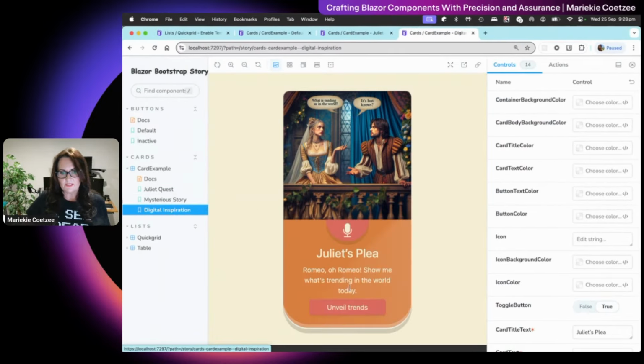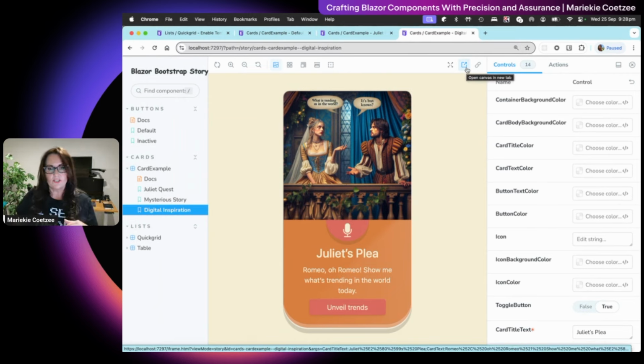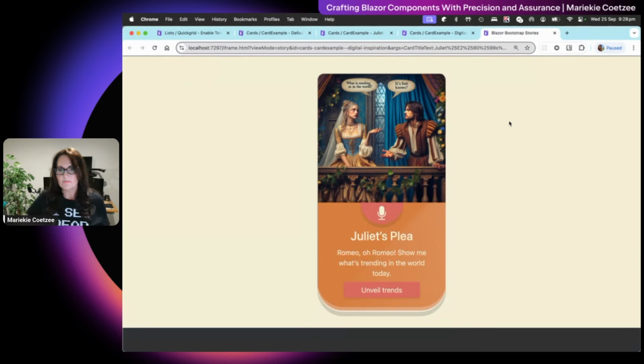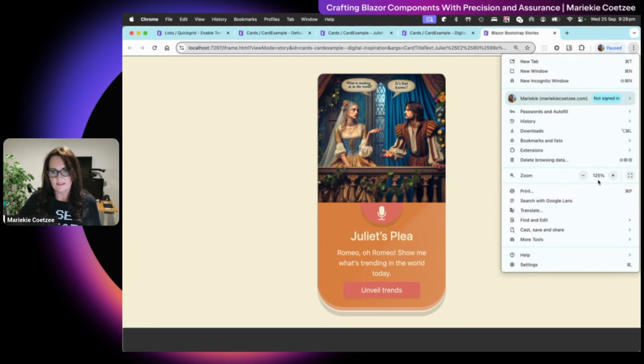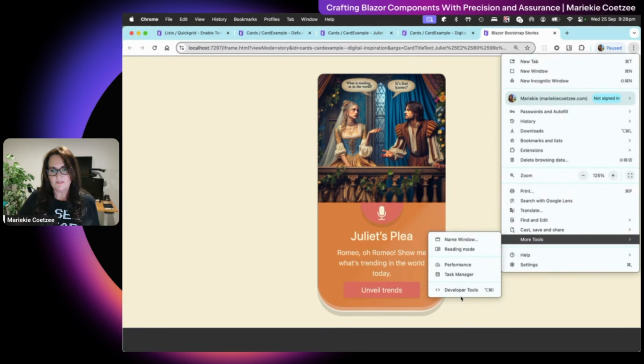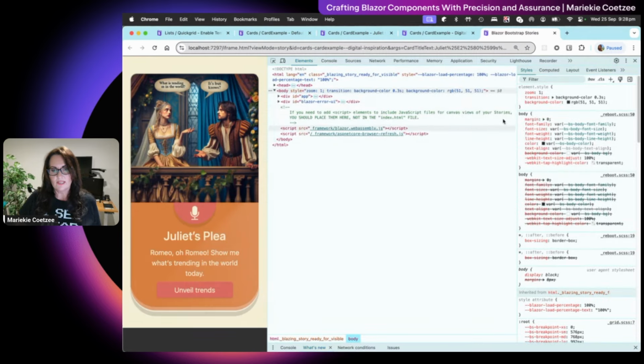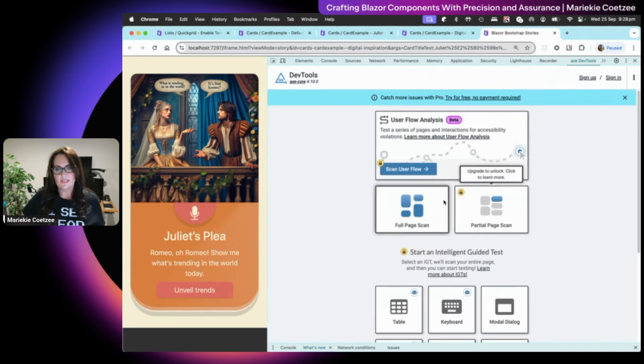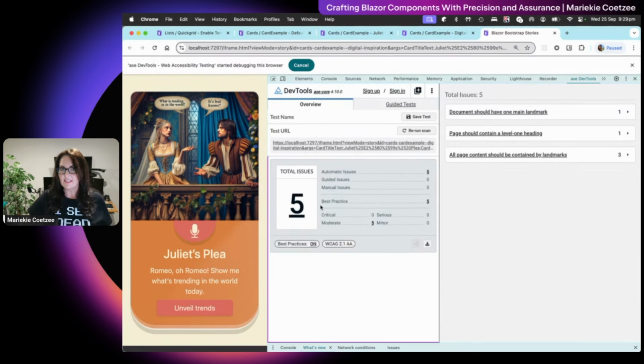I'm just going to refresh here. And this is this button that I was referencing earlier, where we can click on this and it will open up this component in its own tab. So there we go. We have our component and we can now test. I'm going to go to Developer Tools, and I'm going to find my Axe DevTools. And then here is the full page scan. Once I click on that, it reports five issues as well,